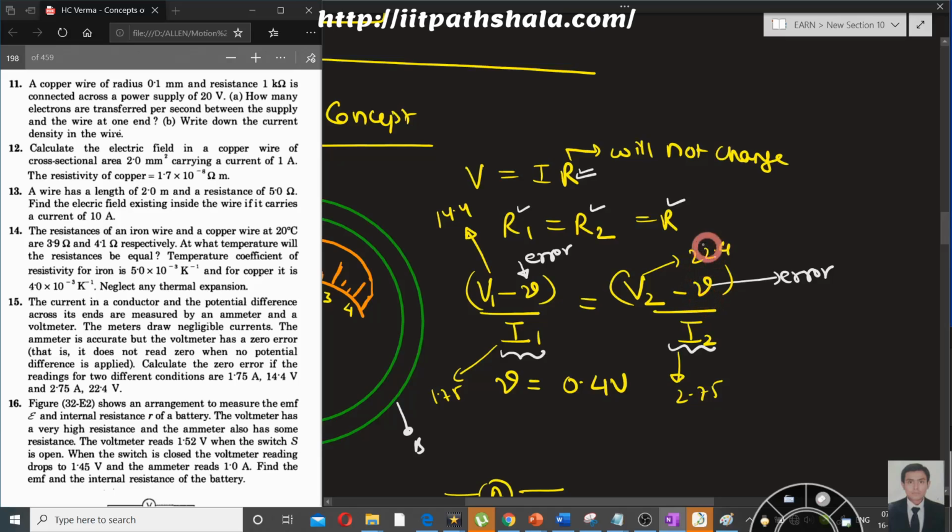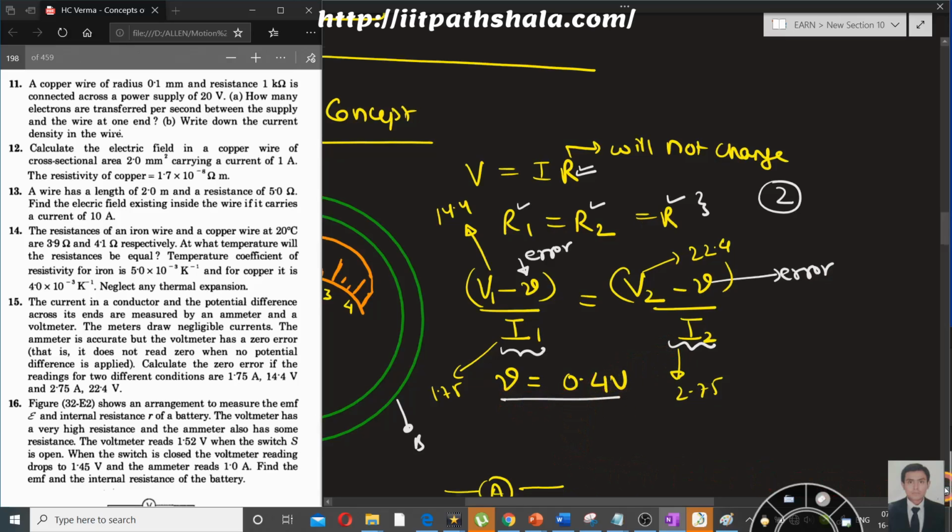And in the second case it is 22.4, and you will be subtracting the error from that case only. Because you haven't been given any kind of resistance, just two cases over here, we can simply equate both of the cases and find the value of the small v, the error v. So hopefully you have got the idea of what I was talking about, and you can figure out by simple mathematics the value of the error. So it is 0.4 volt in my case.